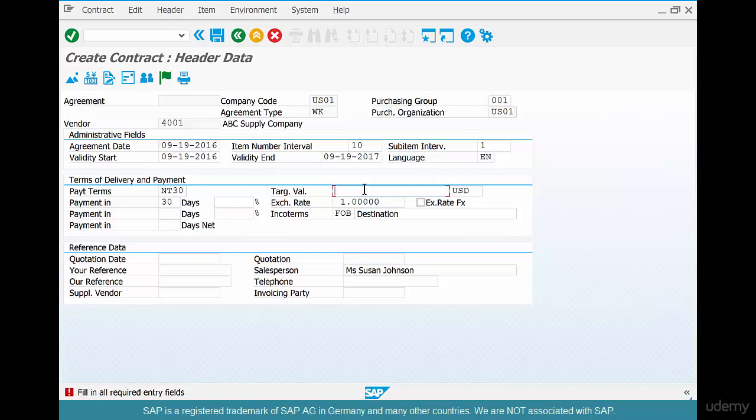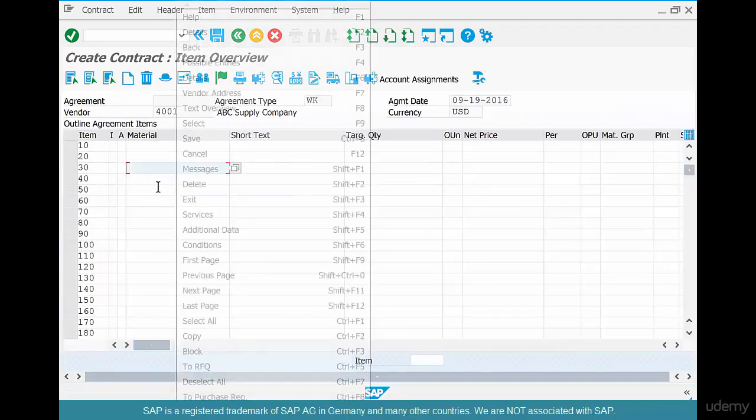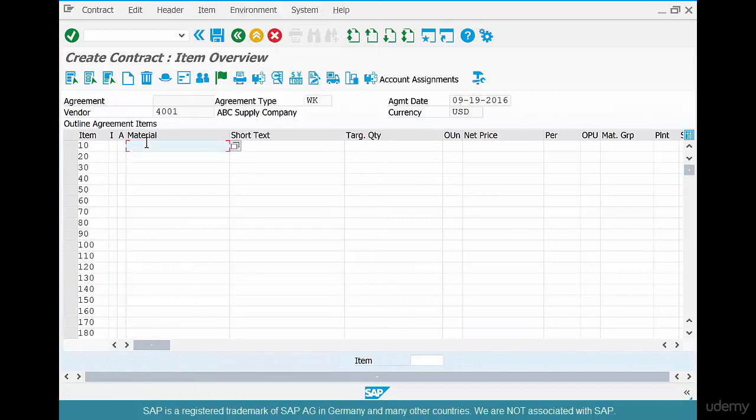Here, we are not specifying the value for a particular product. Instead, we are saying the total value that we are procuring is 500,000 USD. Now, in that 500,000, you could specify coffee beans,